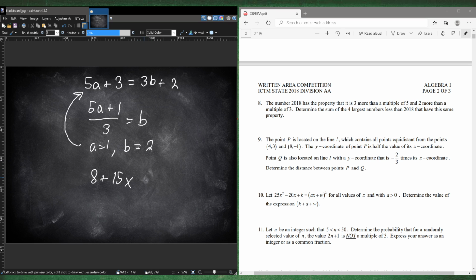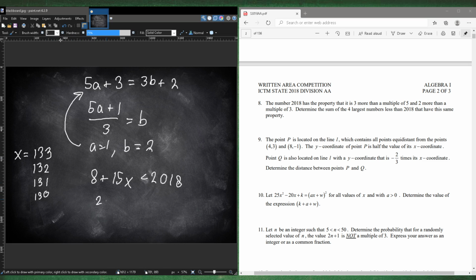So this number has to be less than 2018, right? Because that's what they said. So then we just use our calculator. 2018 minus 8 divided by 15 is 134. So it has to be less than it. So the next four numbers are 133, 132, 131, and 130. And if you plug it in,